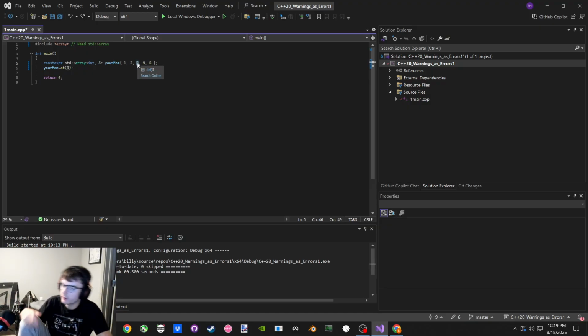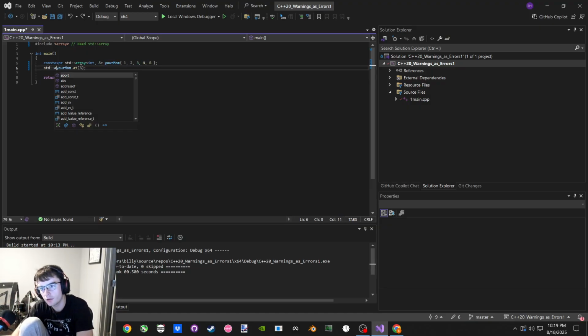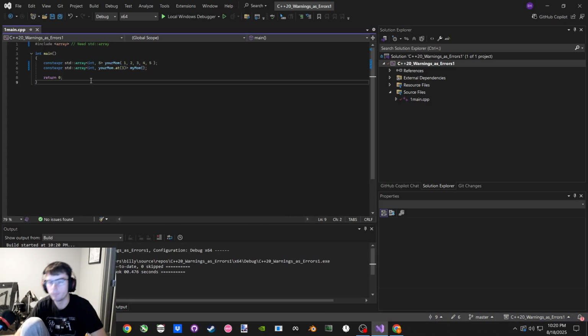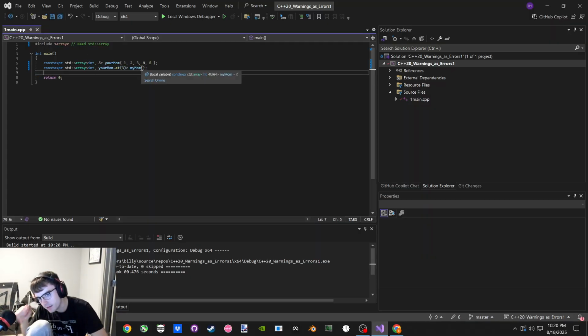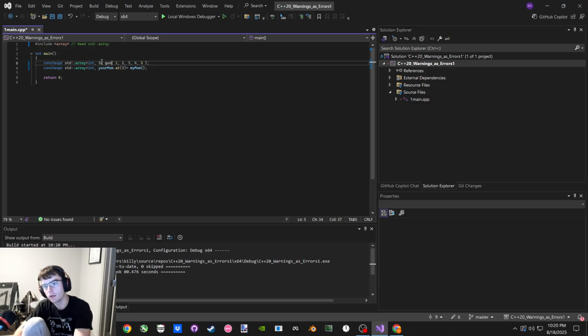Well, I could then create a const expression standard array, int, your mom at 3, my mom. Boom. And this array is that attachment. So this could just be called gun,